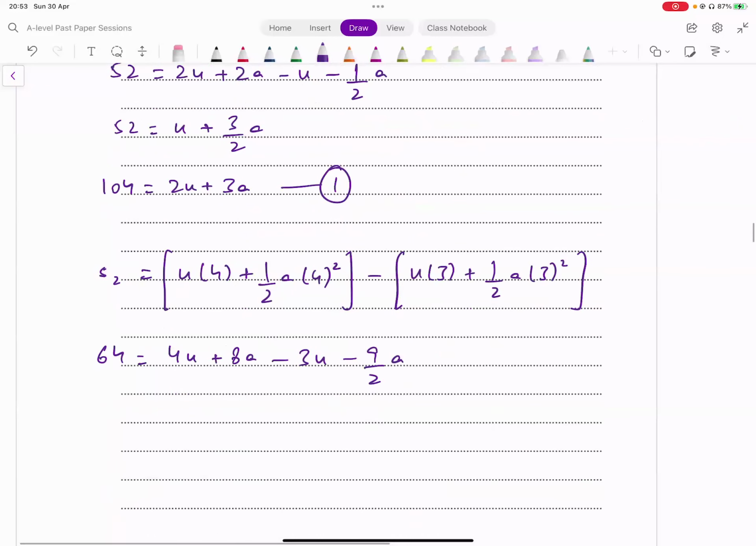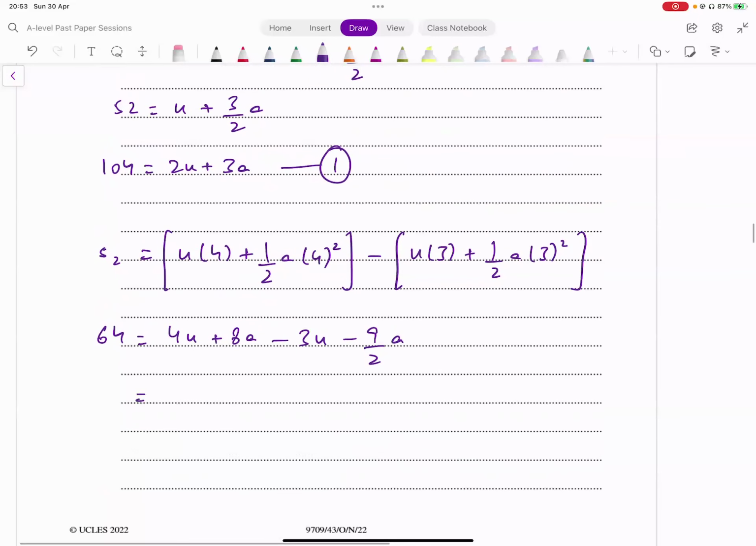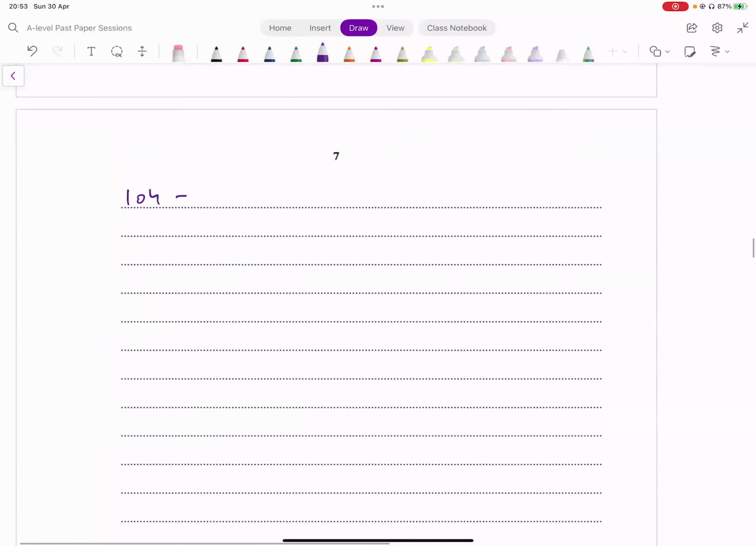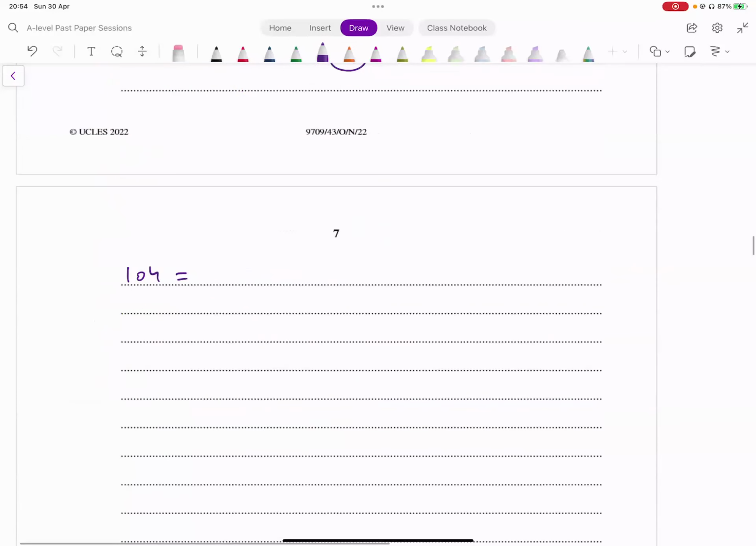You equate this to 64. Let's simplify this. 4u minus 3u, that's u; 8 minus 9 over 2, let's evaluate that, that is 7 over 2. So that's u plus 7 over 2 times a, that equals 64. And from this we get, if we multiply by 2 to get rid of the fraction, 2u plus 7a equals 64. And this is another equation that we have. We can just solve these two equations simultaneously, and that is going to give us the values for u and a. Let's do that।